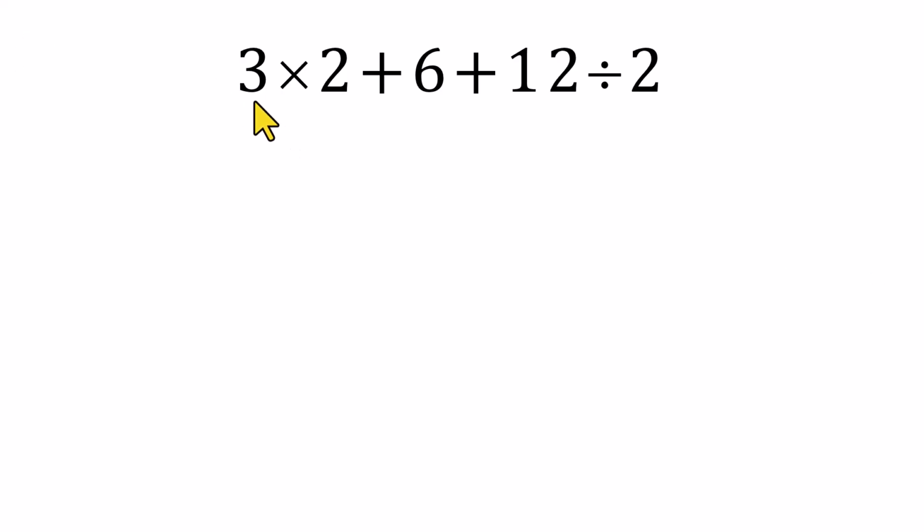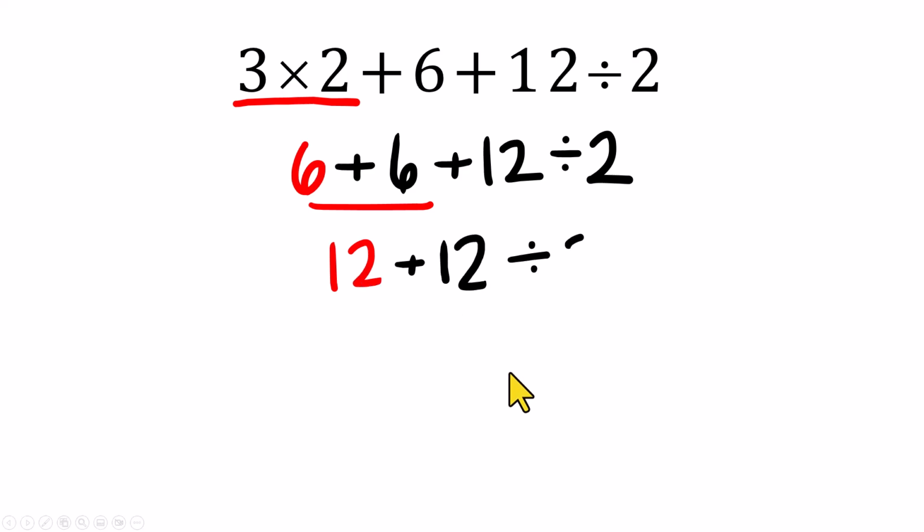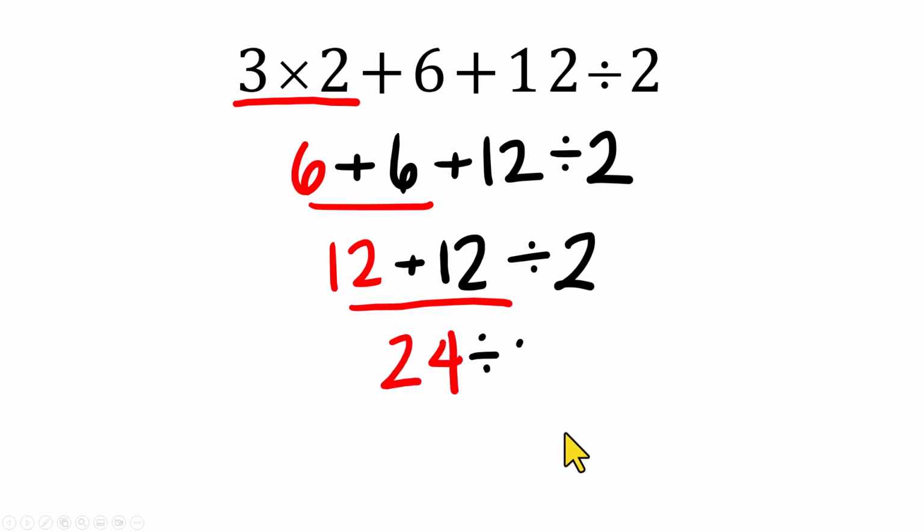I'm going to start here with this 3 times 2. 6 plus 6 plus 12 divided by 2. Add the 6 and the 6, and we get 12 plus 12 divided by 2. Add the two 12s together, you get a 24 divided by 2, and that equals 12, which is not correct